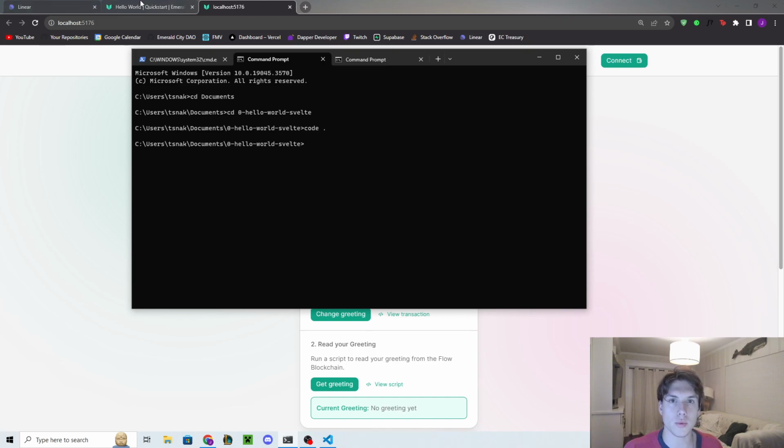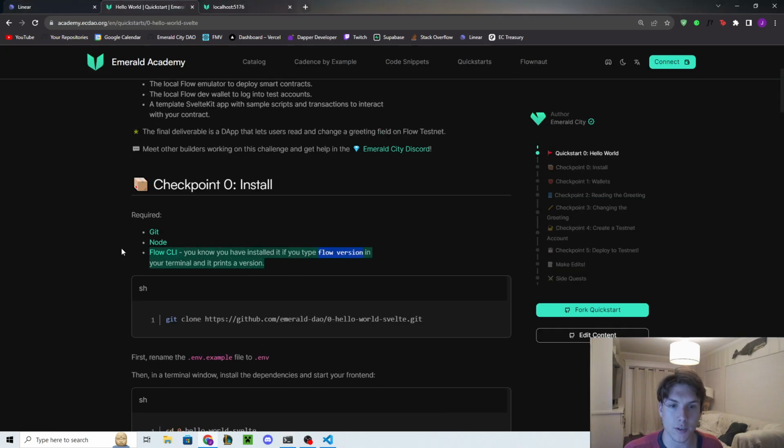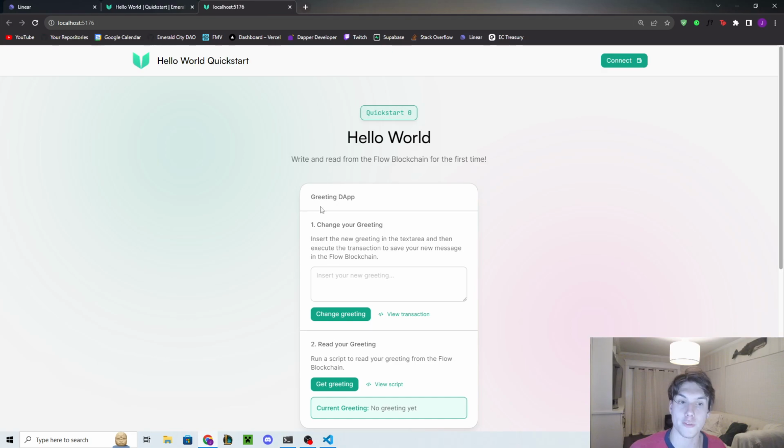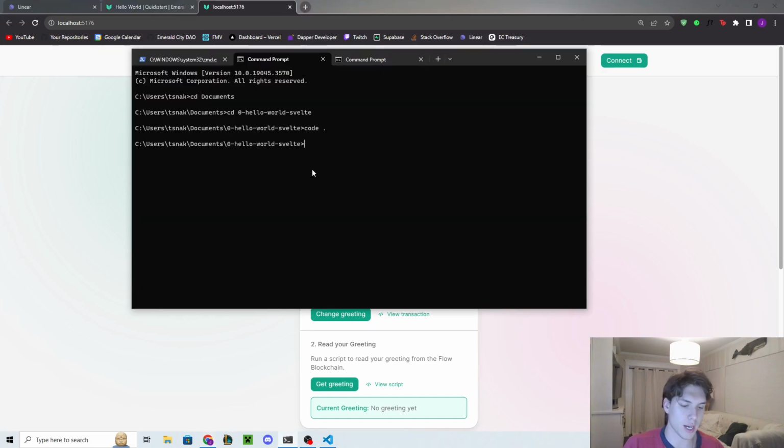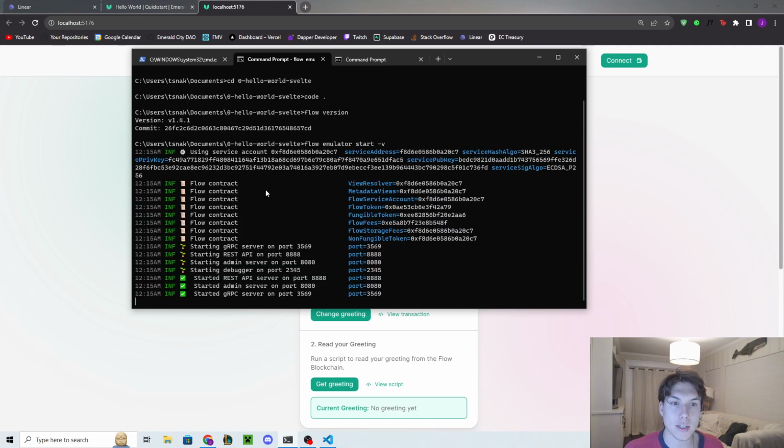So the reason we had to install the Flow CLI is because we're going to be using the Flow blockchain. So in our second terminal, let's run flow emulator. And by the way, you'll know that the Flow CLI is installed if you run flow space version. See, it returns a version here, so that's good. So now we can run flow emulator start -v, and that will actually start a local Flow blockchain running on